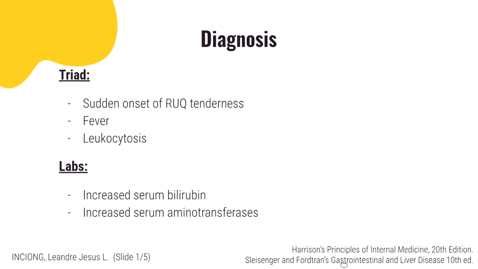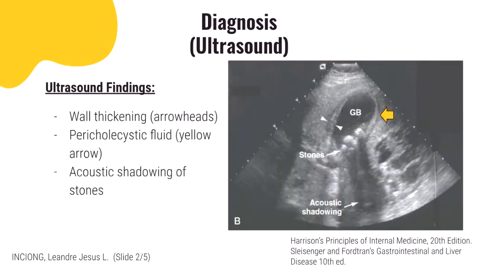So the first diagnostic test I'll be discussing is ultrasound. The ultrasound findings of acute cholecystitis are the pericholecystic fluid, shown by the yellow arrow, the gallbladder wall thickening, shown by the arrowheads, and dilatation of the ducts, which are not clearly shown in this picture. Sometimes you can also appreciate